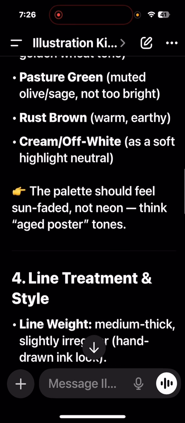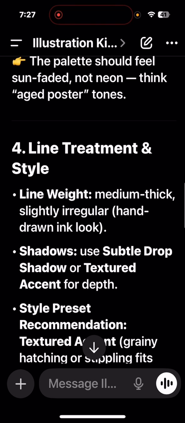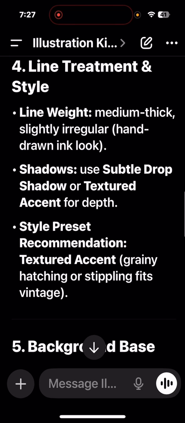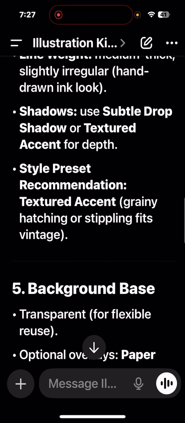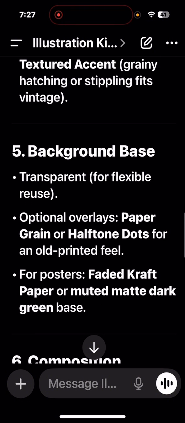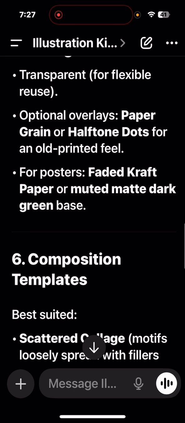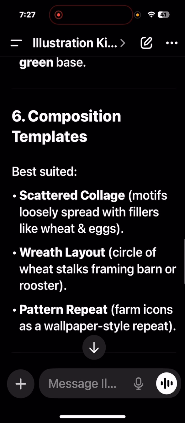And it's going to tell me the line treatment, the line weight, the shadows, and the style preset. Then it's going to tell me the background base, whether it's going to be transparent, whatever I want it to be. And the composition template,